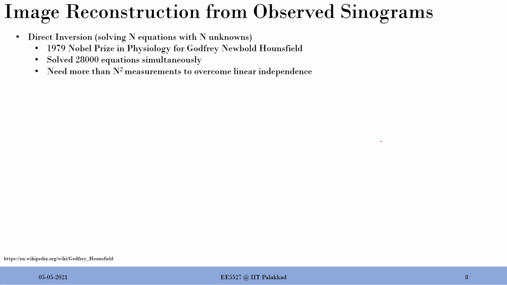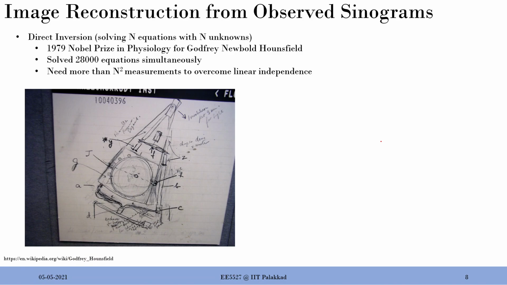What he did is he inverted 28,000 equations. That's an enormous task. There may be some dependence between observations, because if there is an overlap in the angle, there is huge dependence. To avoid that dependence and get more equations, so that you can solve it using some least square sort of technique, typically you go for n squared measurements. Inverting that is a task, so nobody does this. This is the Hounsfield CT unit that he was actually using, just for your information. Nothing much to look into, but I thought I'd show you this.